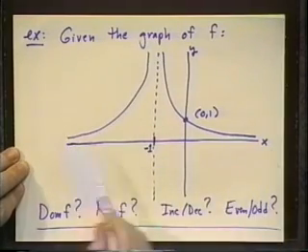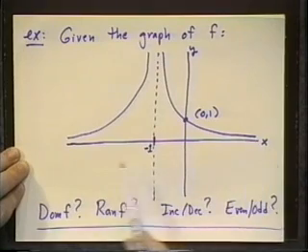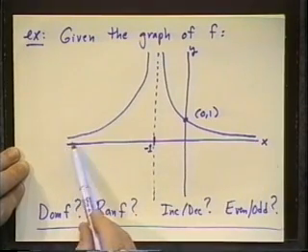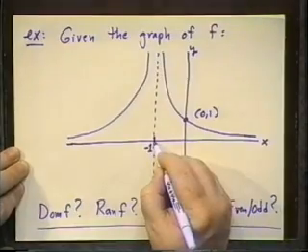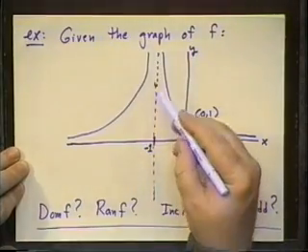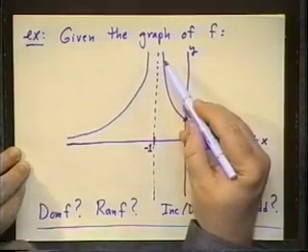Well, how far to the left and the right does this go? Apparently, it goes forever, to the left and to the right. There is only one point in the picture, this minus 1 point, that looks like it is not part of the domain. Looks like the curve never crosses over here. So, with that information,